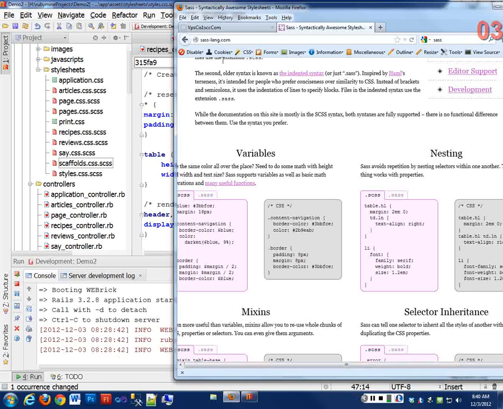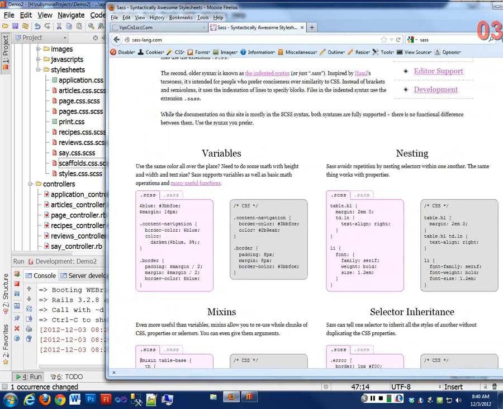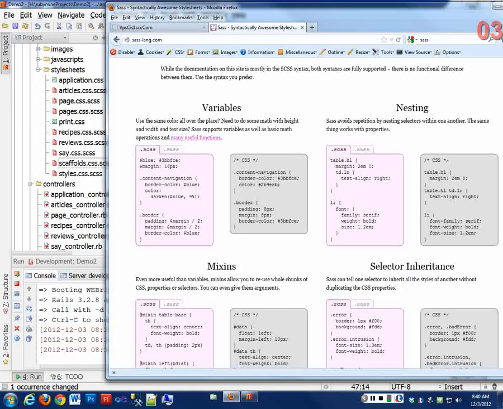You can go to sass-lang.com, and this is what defines the language, and they have some tutorials and documentation all here. This is an example where we're creating a variable called blue that we're assigning a standard hex 6-digit color to, and when it outputs it, it generates this type of CSS. So this code here generates this CSS over here on the right, just to give you an idea back and forth. So we'll play with that a little bit in our